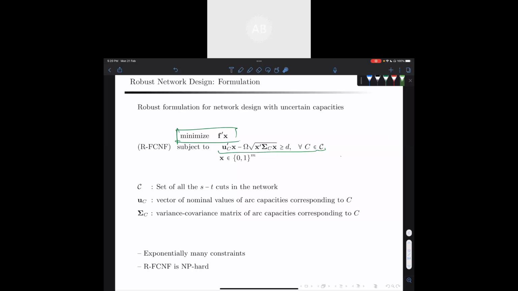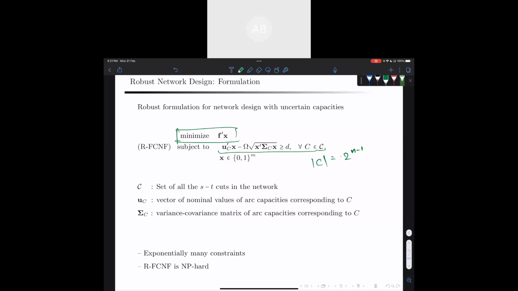It's essentially going to be 2 to the power n minus 1. You can check that. So the cardinality of this set is 2^n minus 1, where n is the number of nodes you have. So clearly, if you were to add all these constraints, the problem is going to explode fairly quickly,